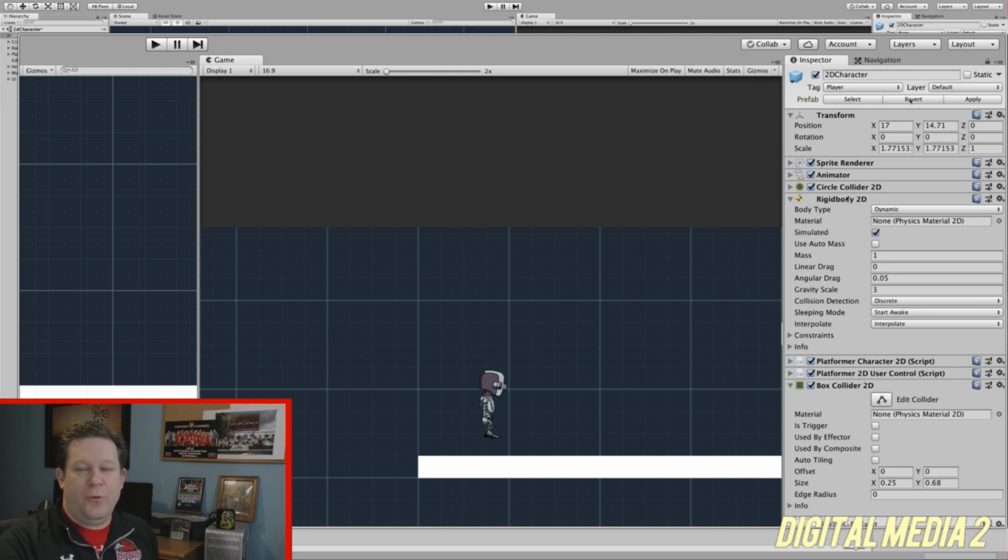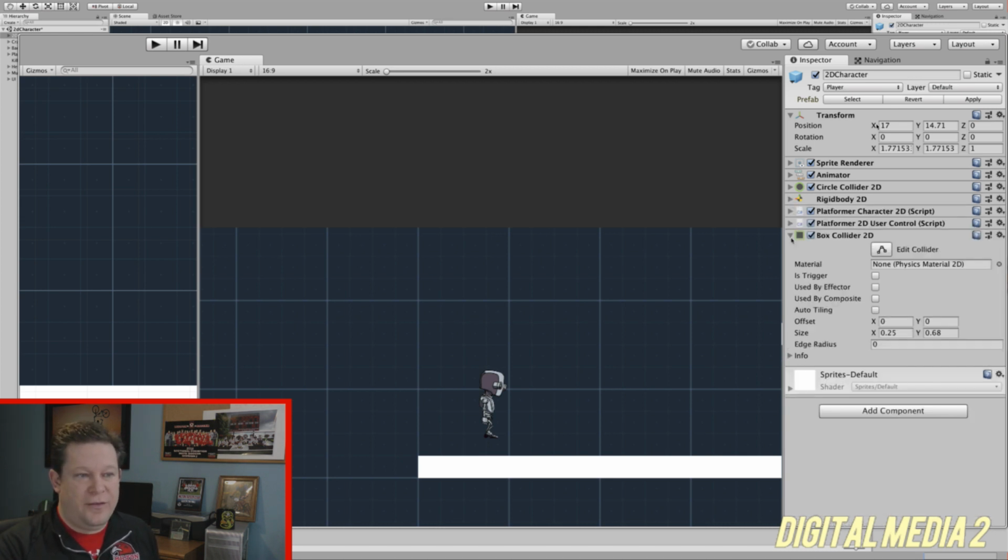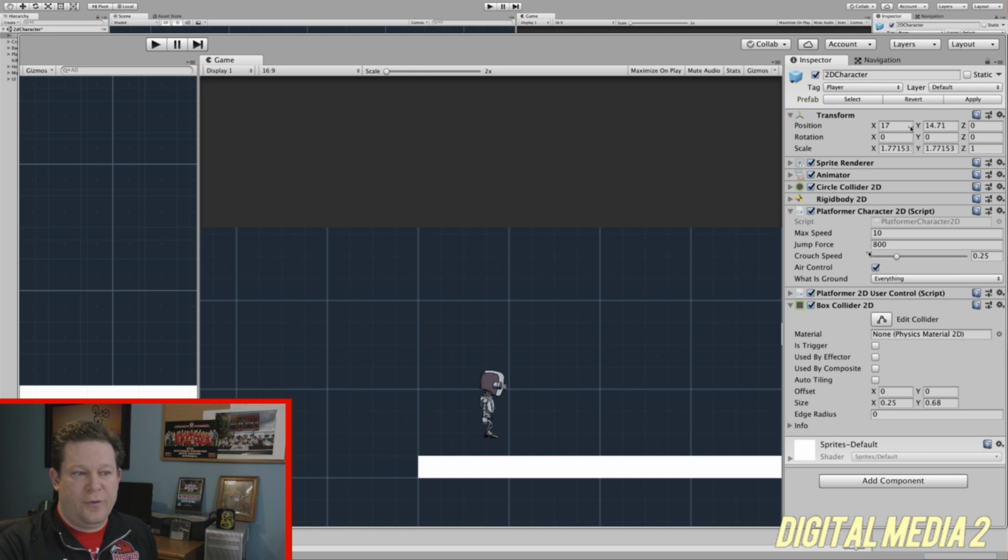Rigid body. Now the rigid body adds physics to your character so that they experience gravity, so that things like velocity and all that can be measured. And it allows you to add forces to your character, and it allows the crates to actually have simulated physics. We're going to collapse that down. We're not going to touch that. You can see some scripts are on here. We're not going to get into the scripts a whole lot right now,